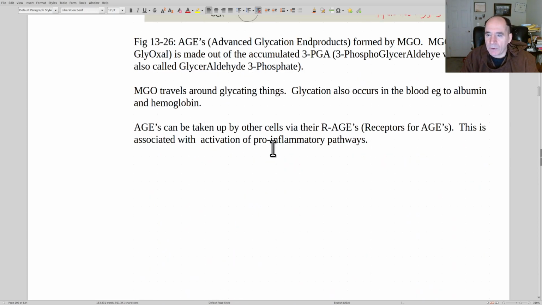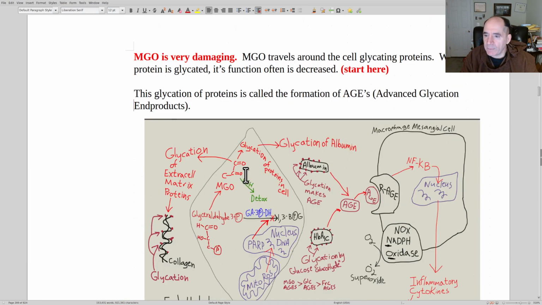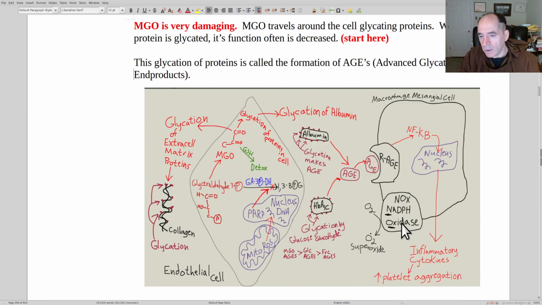They can be taken up by what are called RAGE receptors, and that just means receptor for advanced glycation end products. Oh, and they activate pro-inflammatory pathways. I could have gone into that some more. They run this plasma membrane enzyme called NADPH oxidase, and that will just convert more oxygens into superoxide. So you're setting these cascades of vicious feedback to produce more and more problems. They'll also activate nuclear factor kappa B inside the cell. It goes to the nucleus, and it leads to the transcription production of more inflammatory cytokines. These cause platelet aggregation, increased tendency to clot.